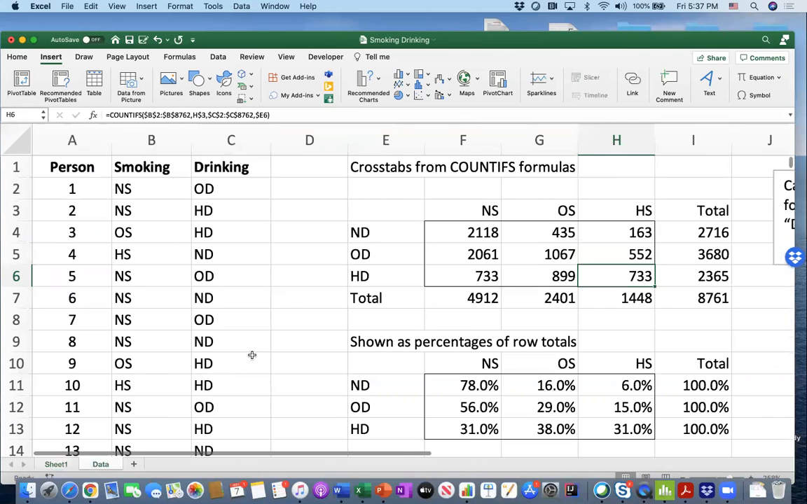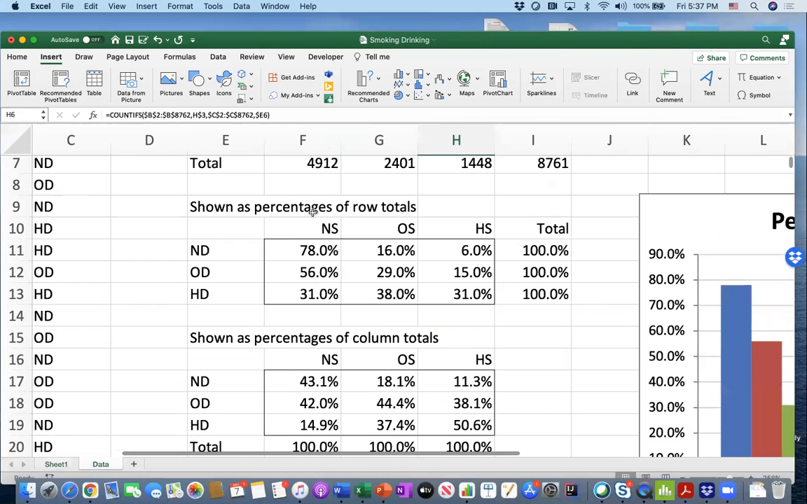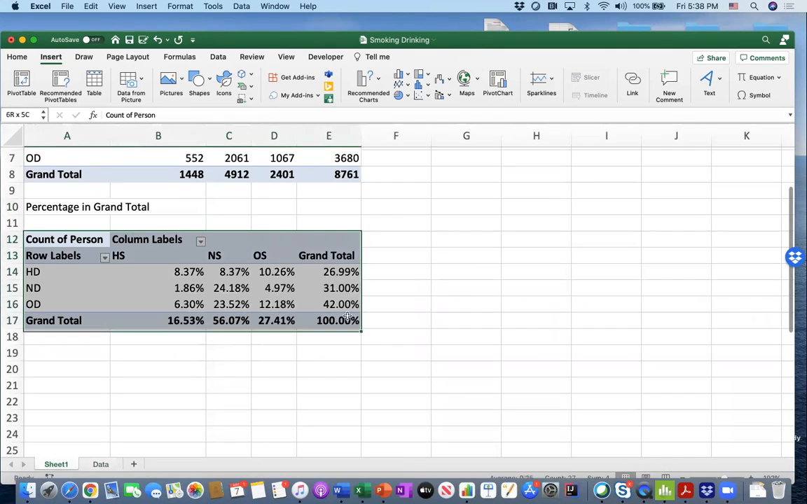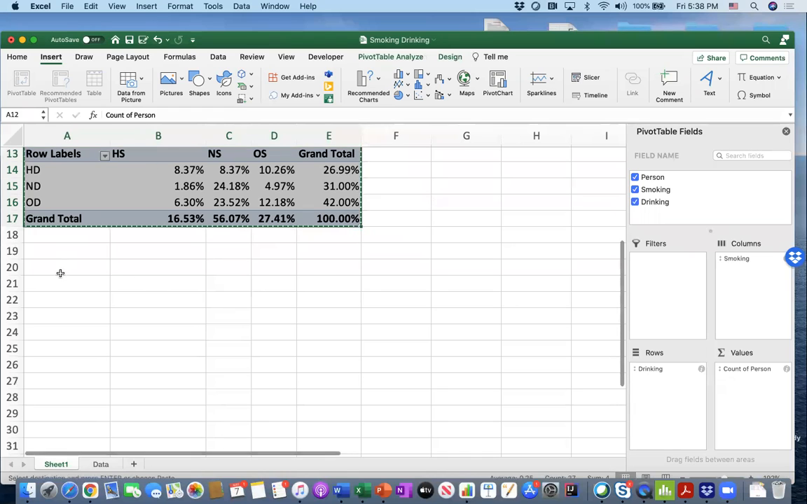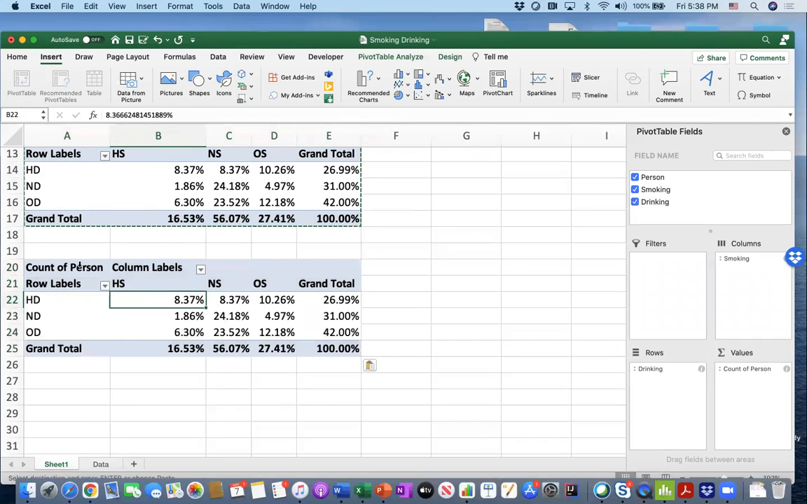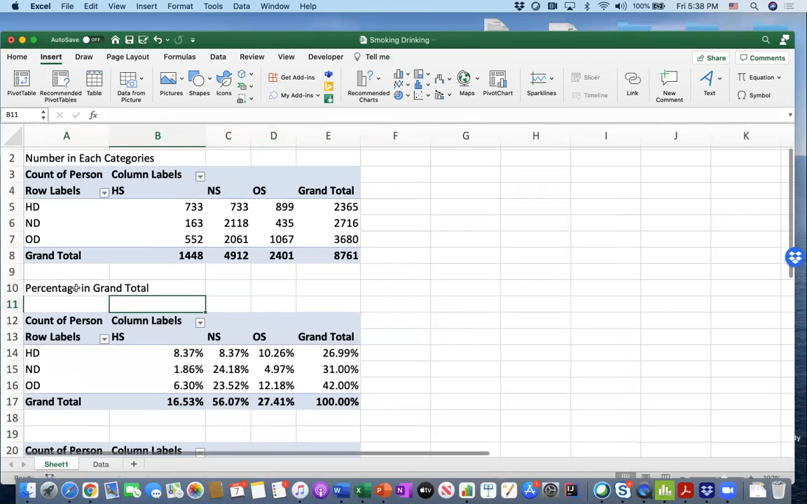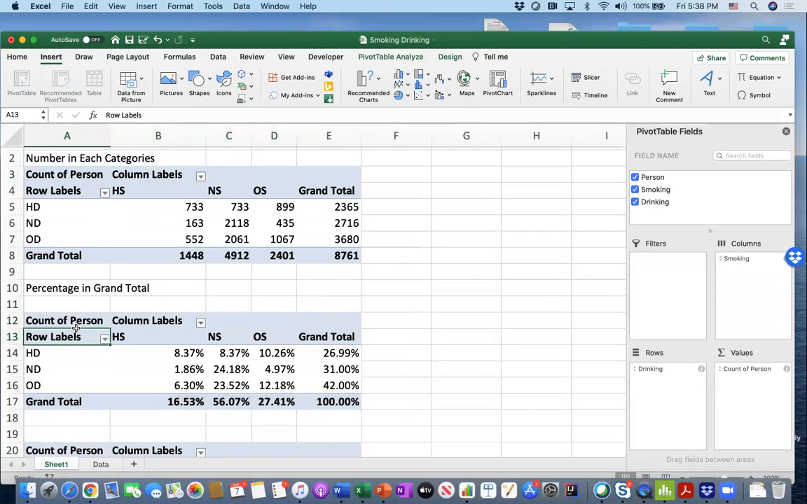In our original data, we also showed the percentages of row totals, right? So we were actually looking at the percentage of smokers in each sub-drinkers category. Can we do it in pivot tables? Yes, we can. All I have to do is copy this one more time and create a new pivot table. I can change the label first here too. So it says count of person here and count of person here as well. So this is no longer count of person. Let's change it to